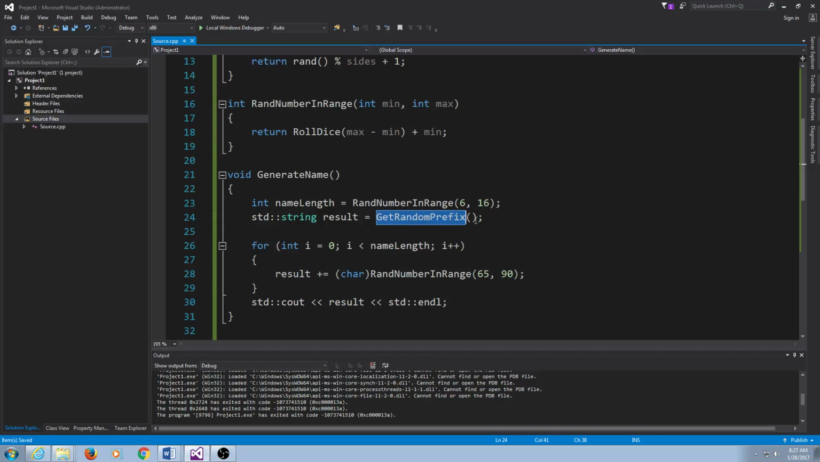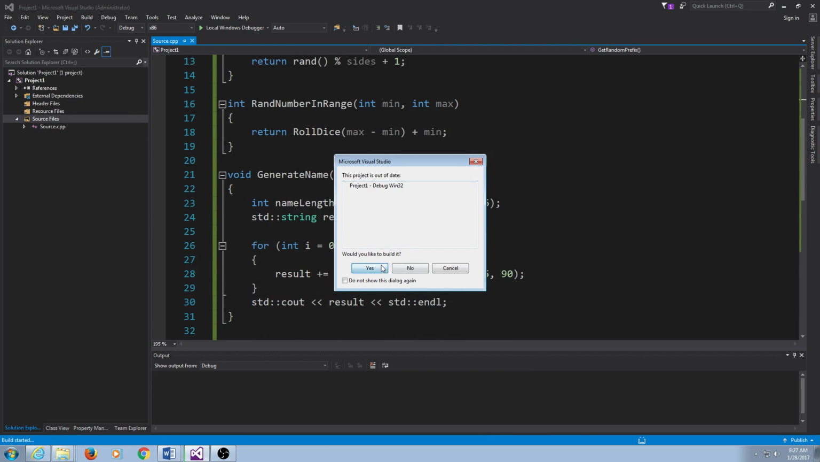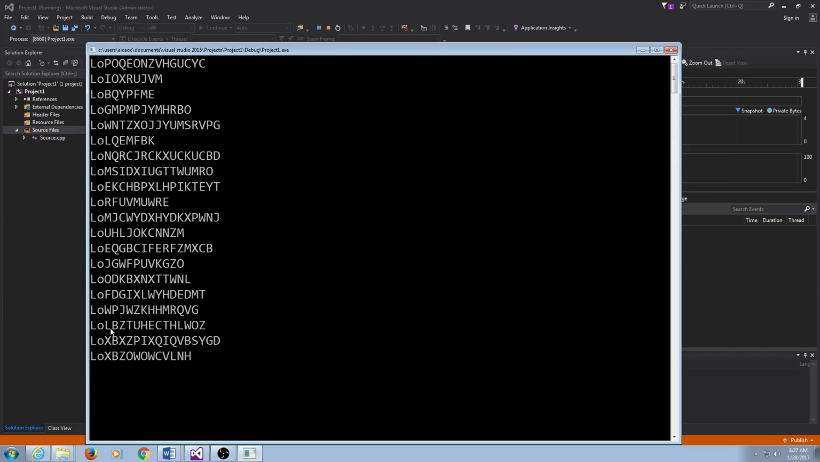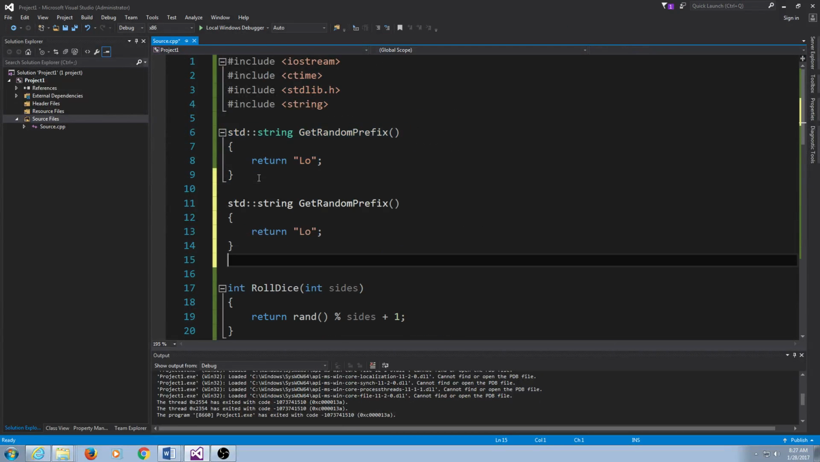So I'm calling this function get random prefix. And what does this return right now? Always returns a string "lo". So when I run this function, every single one of my names is going to have "lo" in front of it, right? So if I also make a function that lets me return a different body,